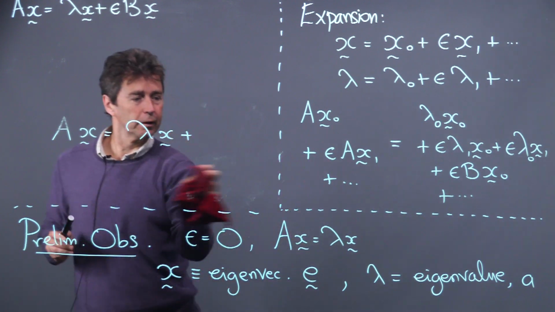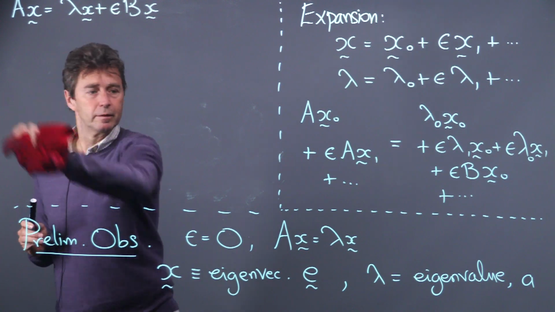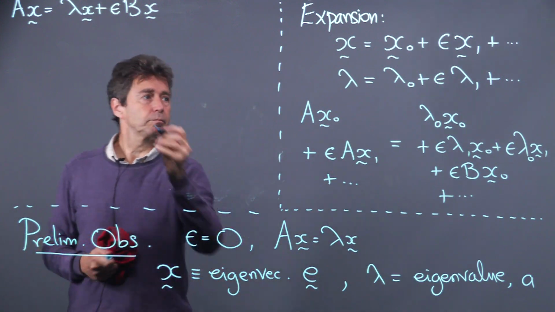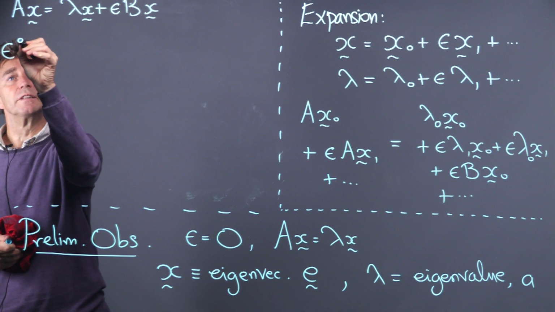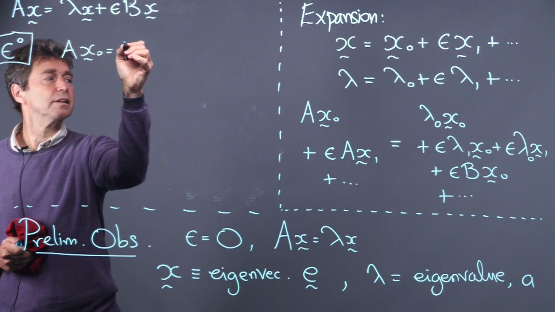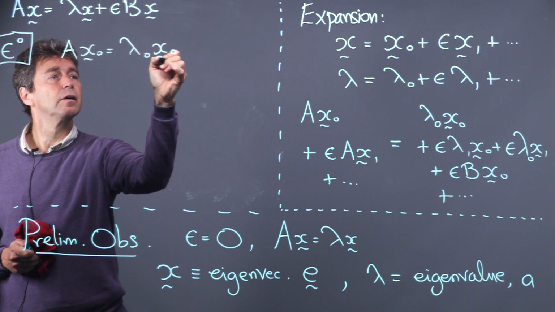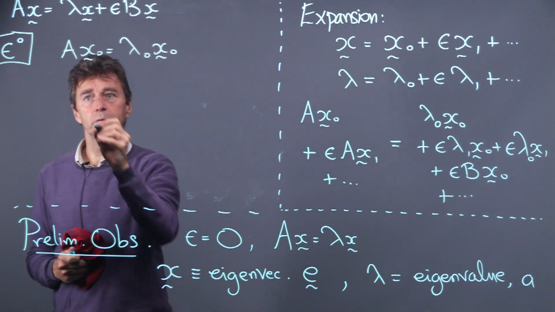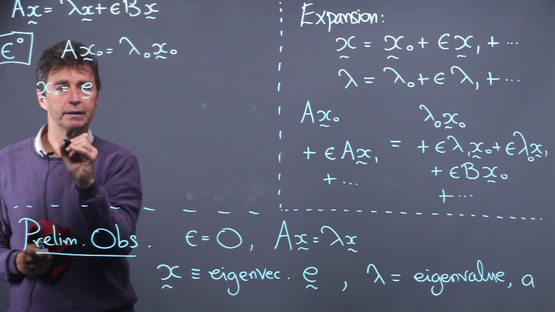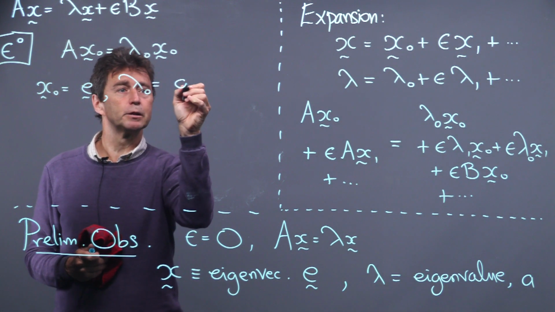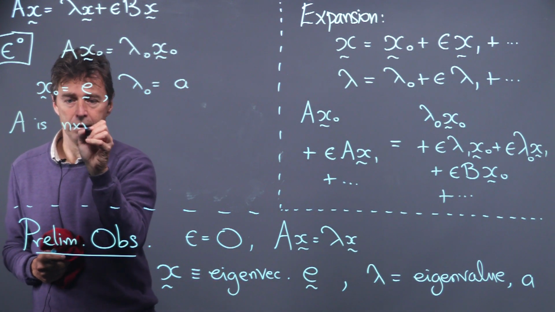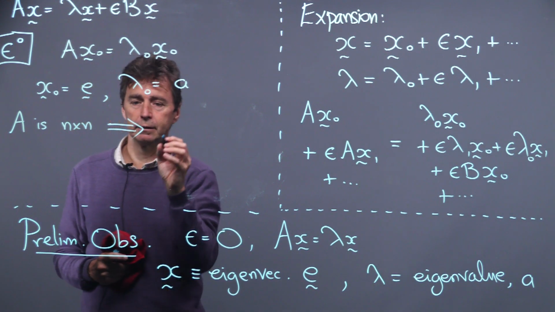Right, so at leading order, the problem that we've stated over there is just these two, which is the same as this problem down here. So the epsilon to the 0 terms: A x0 is lambda 0 x0, and that's just the traditional eigenvalue problem. And so we would then say that x0 is equal to an eigenvector, and lambda 0 is the corresponding eigenvalue. Now, if A is n by n, that would lead you to expect that there are n